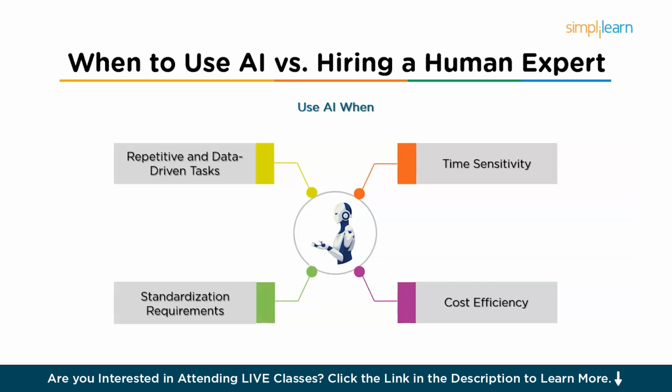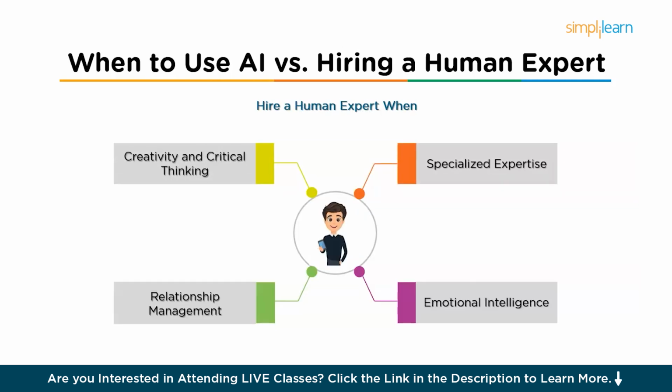So now let's see where we should hire a human expert. So first is, of course, where creativity and critical thinking are required. So human experts excel in generating creative content, crafting strategies, and handling complex tasks that involve interpretation, judgment, and problem solving. So AI still lacks true creativity and the ability to understand deep context,